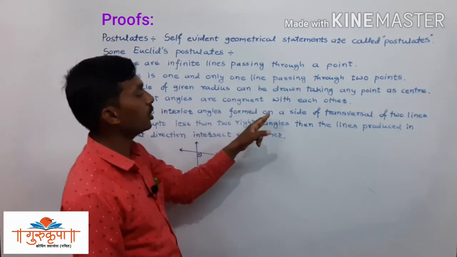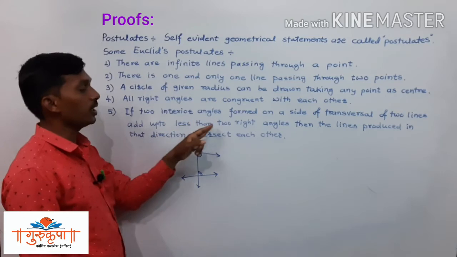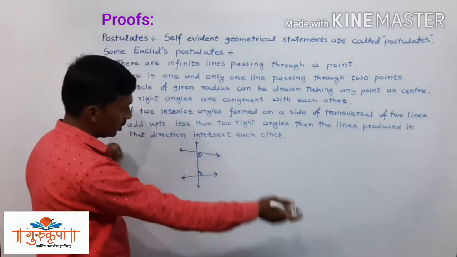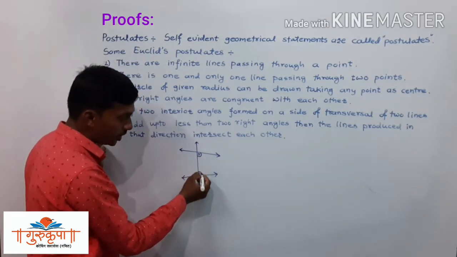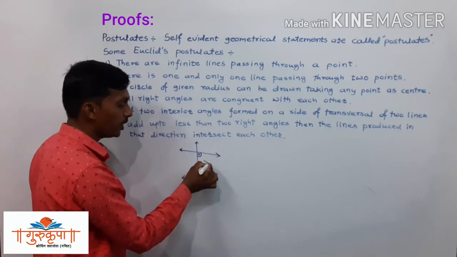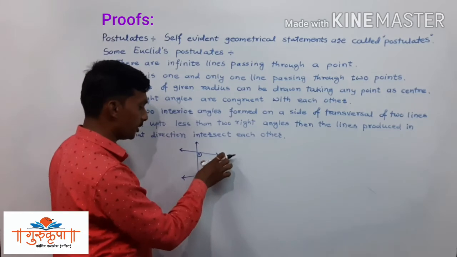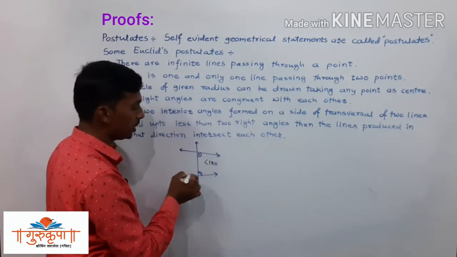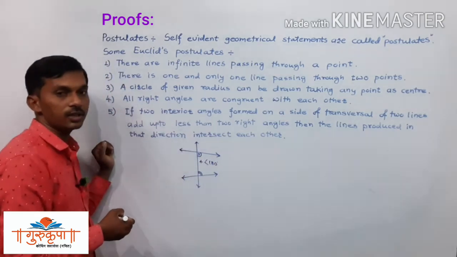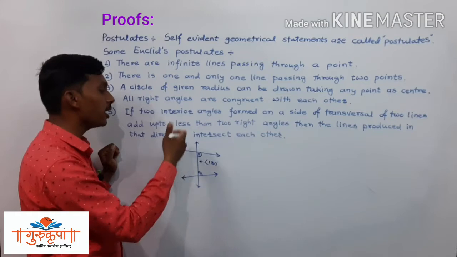If two interior angles formed on the same side of a transversal of two lines add up to less than two right angles, then the lines produced in that direction intersect each other. Now here, if the sum of these two interior angles is less than 180 degree, then the lines produced in that direction intersect